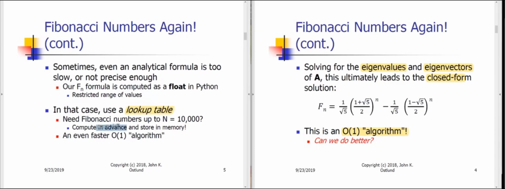What we're going to do is to just compute all these Fibonacci values in advance from 0 up to, say, 10,000, and just store those in a list in memory. So that computing the nth Fibonacci number is just a matter of looking up the sub n item in this list. In fact, in applications where it's really, really important to save as much time as possible, lookup tables like this can actually be implemented in hardware and executed even faster than looking up a particular sub n item